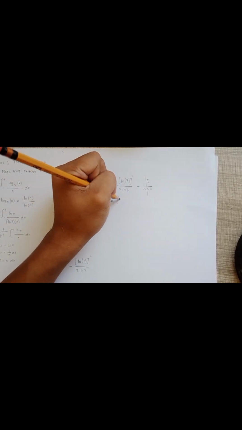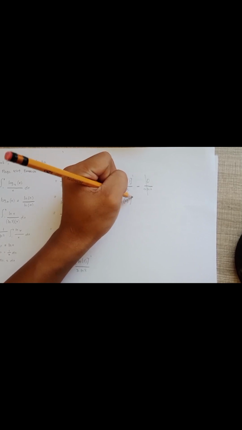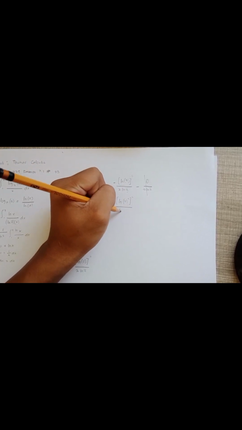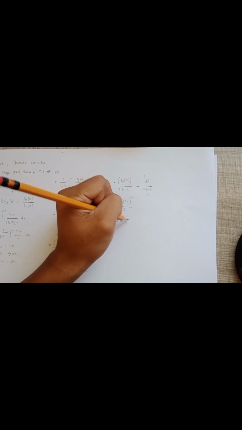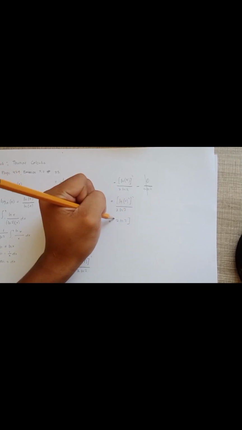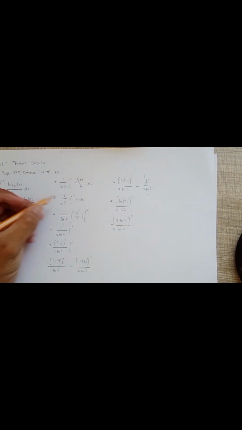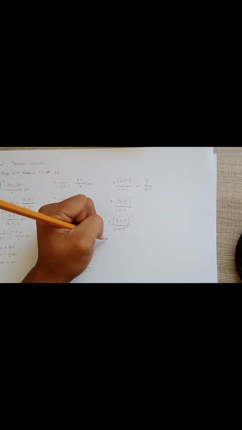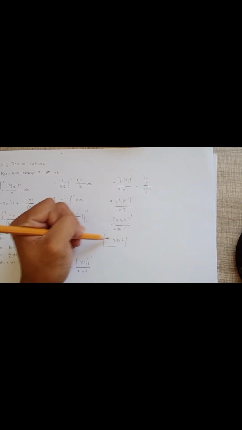Now we get ln 2 raised to 2, all raised to 2, over 2 ln 2. Now, ln 4 is also equal to 2 ln 2. So therefore we get 2 ln 2 raised to 2 over 2 ln 2. Now, since we know that they are the same, we can cancel the denominator and the exponent. So we get 2 ln 2, and that is the final answer.